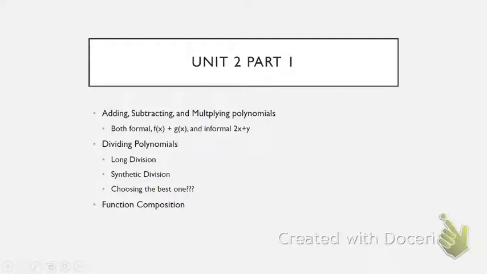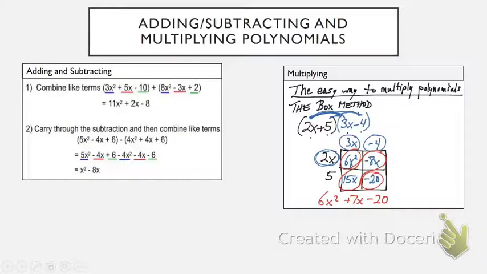If not, just go through your packet, go look at it, and see what I missed. All right, most of it, I'm hitting the highlights. So let's get started. Adding and subtracting